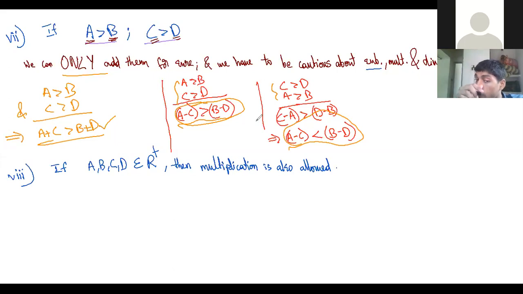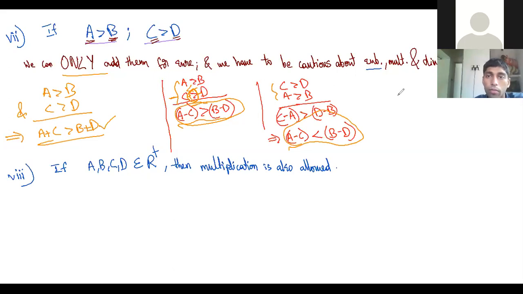So you see, the problem with subtraction is, subtraction in itself includes multiplying with a minus sign. It is actually A minus C. If you multiply with minus on both sides, then it becomes A plus minus of C. But what is the problem? The problem is when you multiply with minus on both sides, the inequality changes. If you multiply with minus 1, the inequality will change. So how can you add two things once the inequality has changed? So that is where the problem comes.